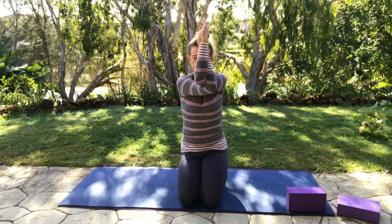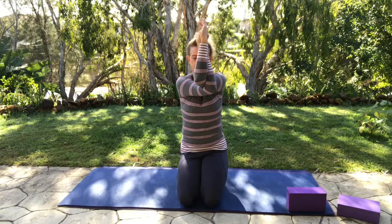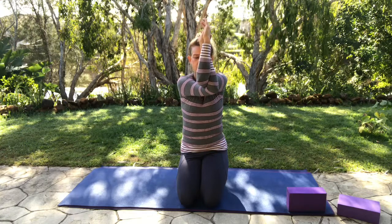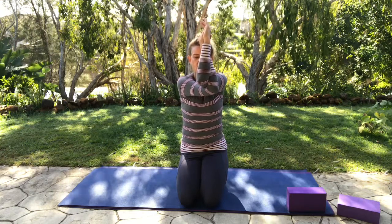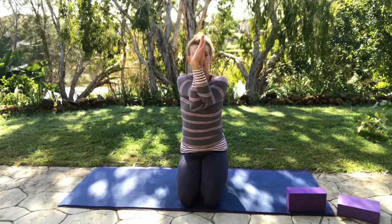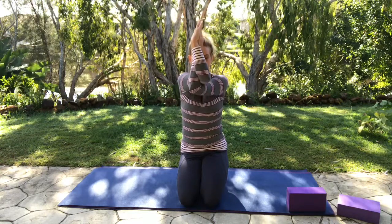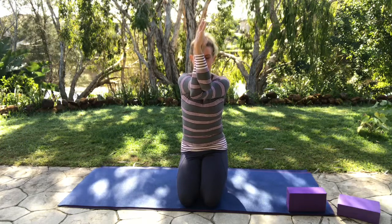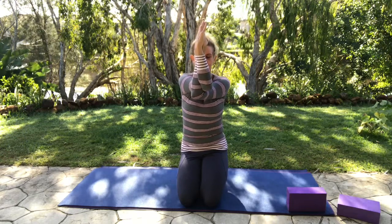Beautiful. Peaceful face here. And you can keep reciting the mantra Ma, or if you have your own intention that you've brought to the practice today. Stretching the arms out. Inhale, and the opposite arm. That's it. Lifting up the elbows, pressing the hands away, pulling in that belly,